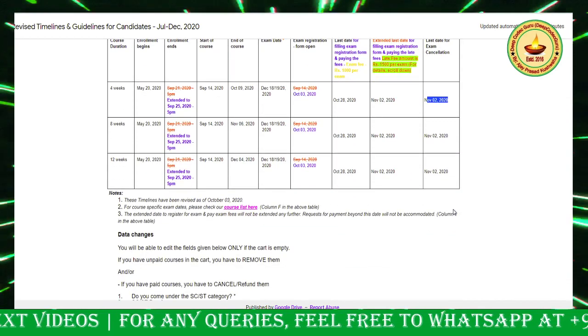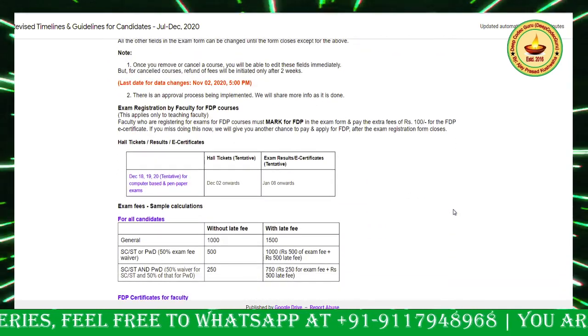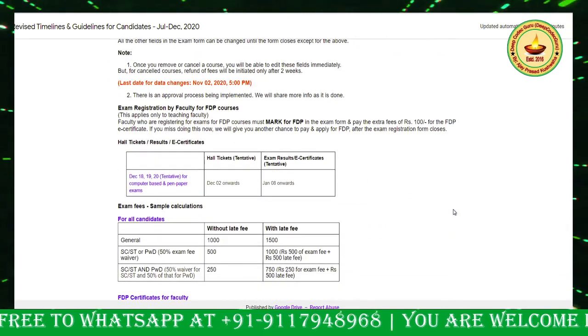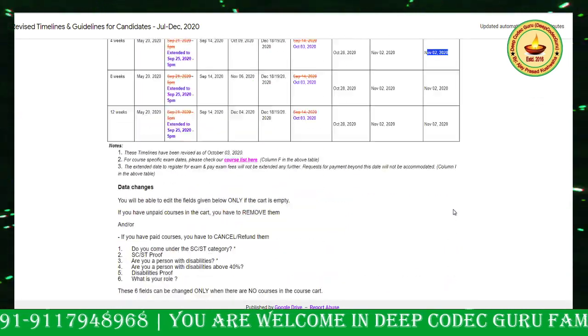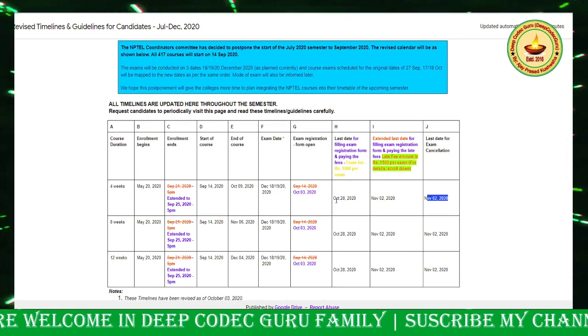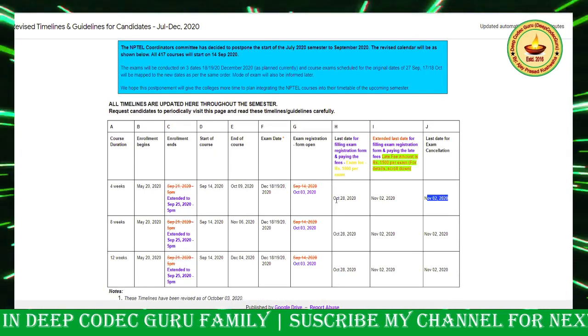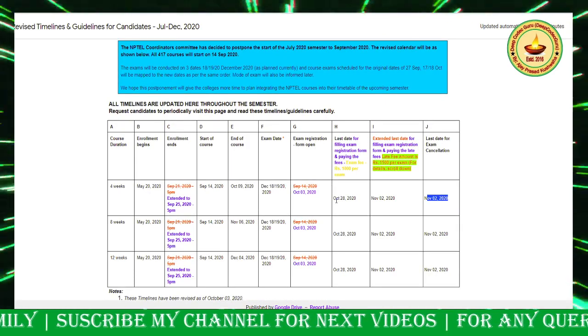And coming to FDP, one more piece of information I am reading. Coming to FDP, you have to pay 100 extra in each case. Like if you are registering for the exam up to October 28, then you have to pay 1,100 for the course.